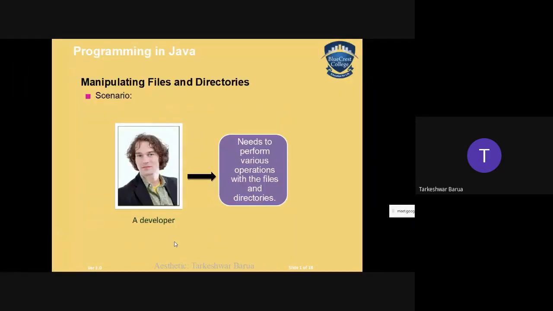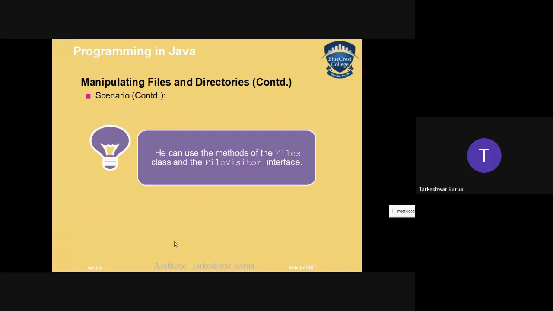Manipulating files and directories. We have one more good interface, that is FileVisitor. This is very good in terms of accessing data.